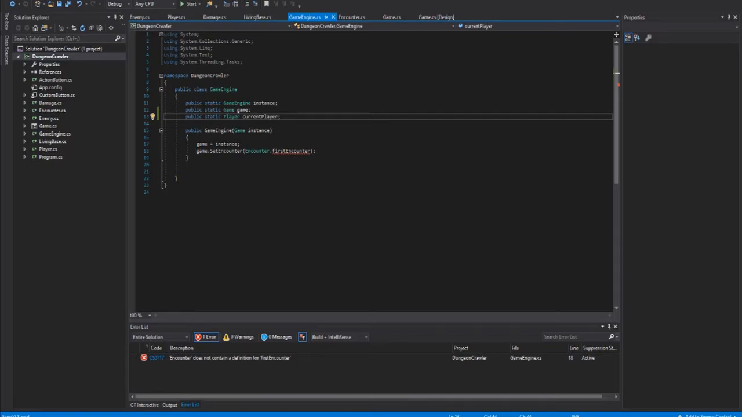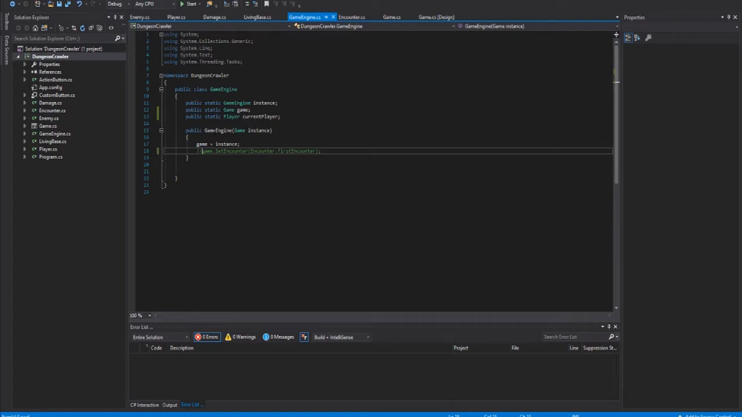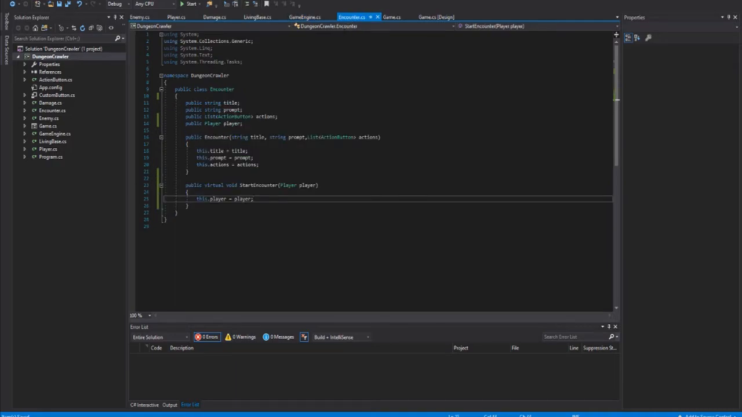And then, of course, in game engine, we're going to... Oh yeah, we're just getting this error, like I said, first encounter. We'll start a different one later, so we'll just comment that out for right now. For now, also, current player is just going to equal a new player, because we don't have any input system meant to build a player. We'll do that again later. Okay, so now that we have all that set up, we are pretty much good to go make our